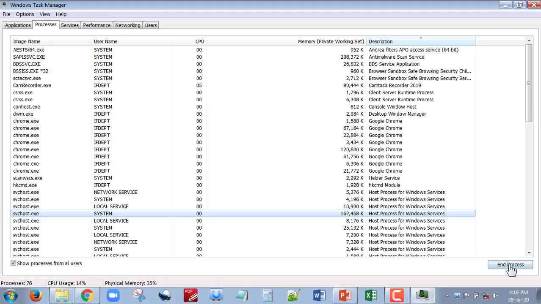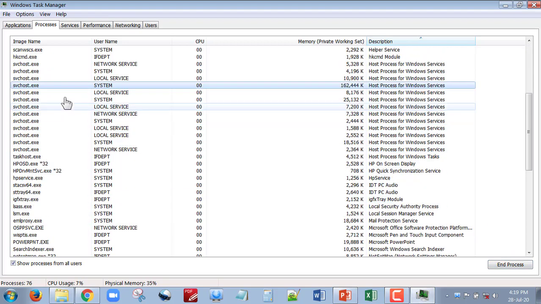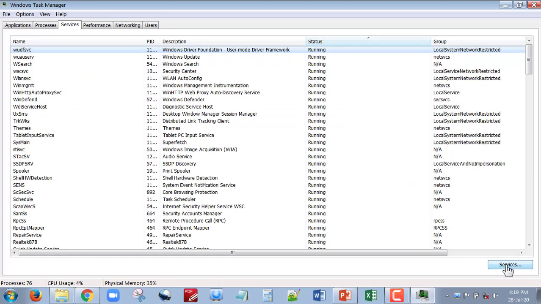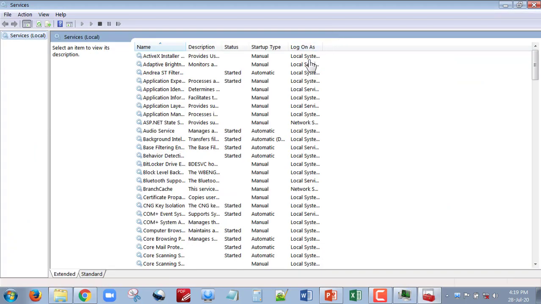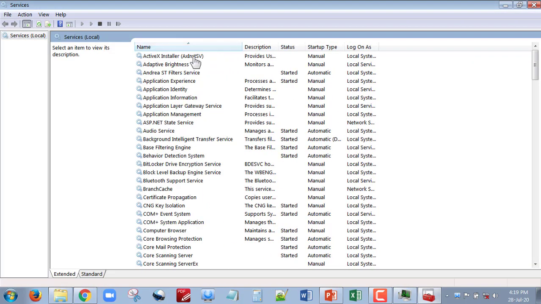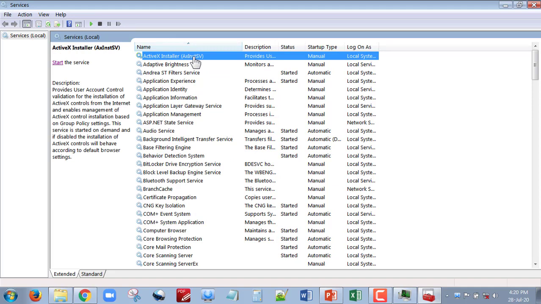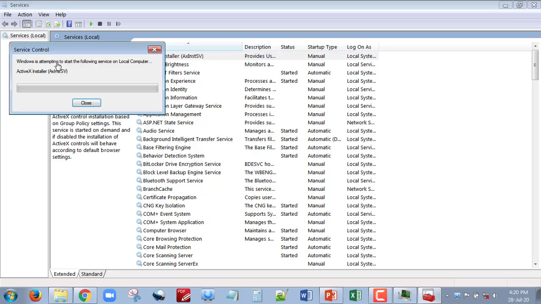Another way is at the bottom of the screen you can see services. Click on this and you will get this type of interface. Suppose I click on the first service, right now this service is not started. Here in the left panel, the system will give you the option to start the service, and the startup type is manual.